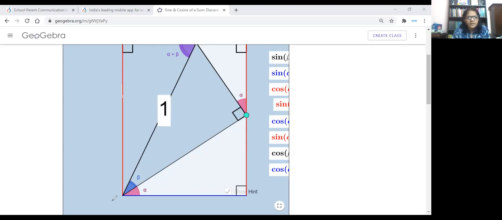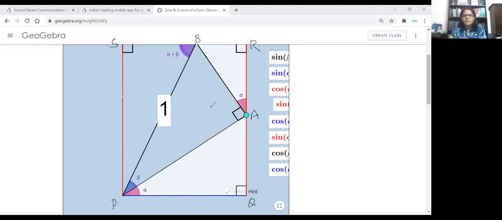Suppose I write here P Q R S. Okay, so PQRS. Now there are four right triangles in fact. So this right triangle, let me just name it also. Let me write here A, B. Okay, so we have four right angle triangles.